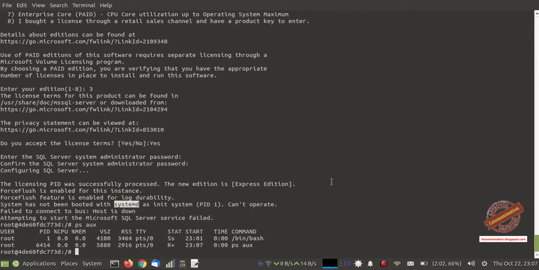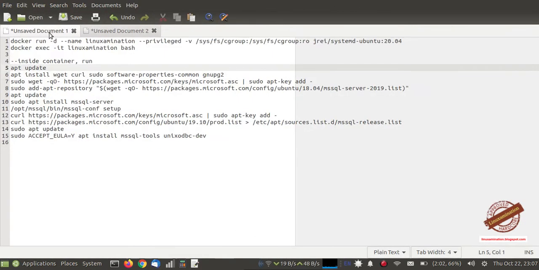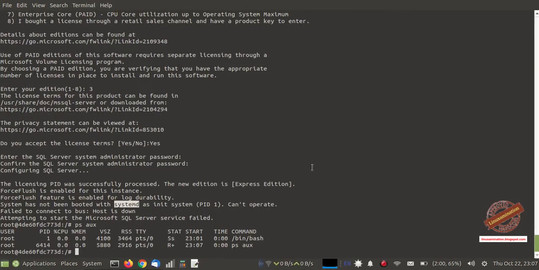Today I am going to show you how you can install MS SQL Server 2019 in your Docker Ubuntu 20.04 container. Well, you need to choose the correct Ubuntu image for this installation. If you choose a regular Ubuntu image, you might get a systemd related issue. So this is the command to pull the correct systemd image. I am using this command to pull the Ubuntu 20.04 Docker image, and then I will launch a container using this image.